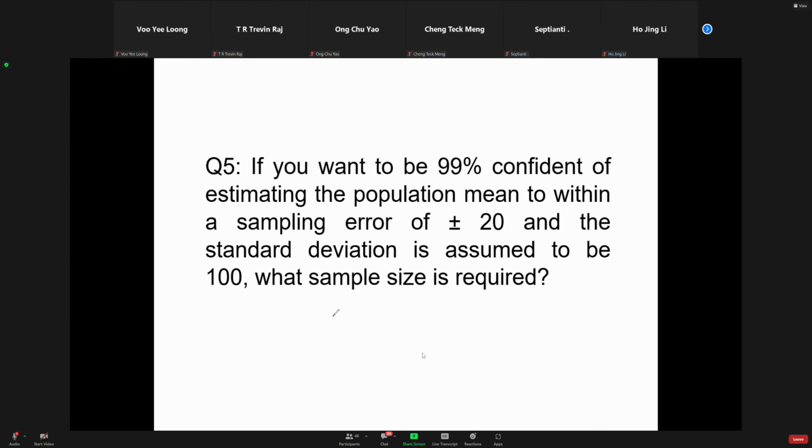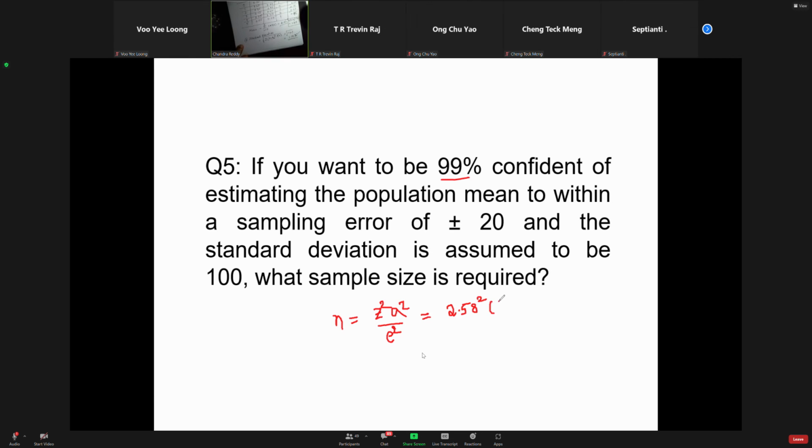So the formula is the sample size n is equal to Z squared sigma squared over E squared. The Z value for 99% confidence interval is 2.58. This is again from the tables. Then sigma is given as 100, so 100 squared